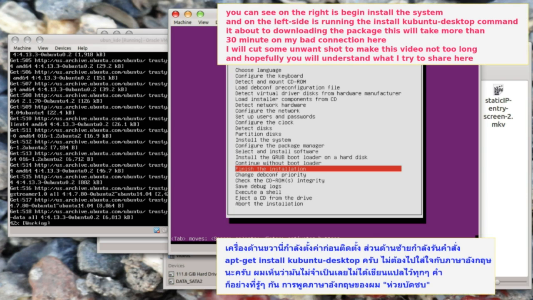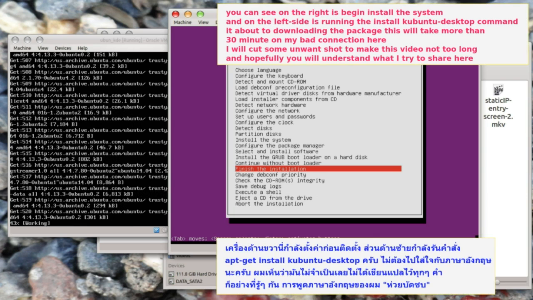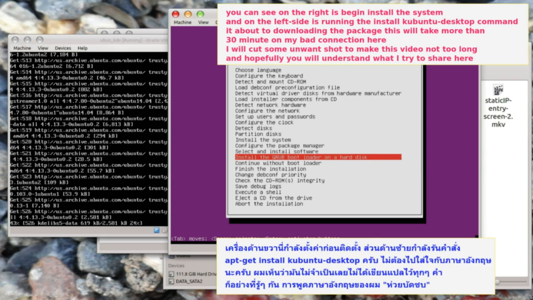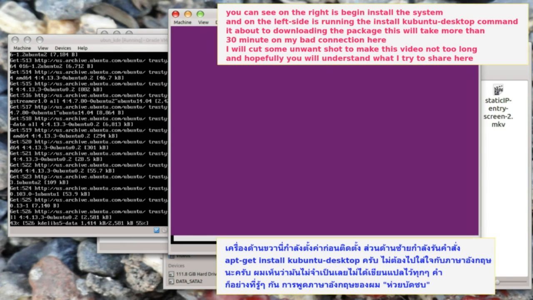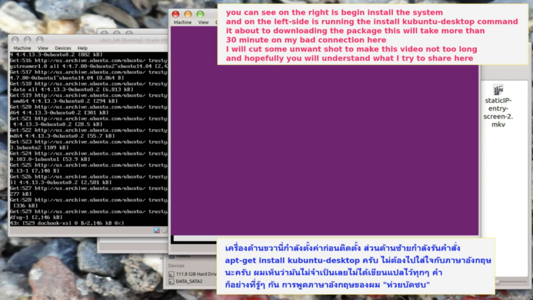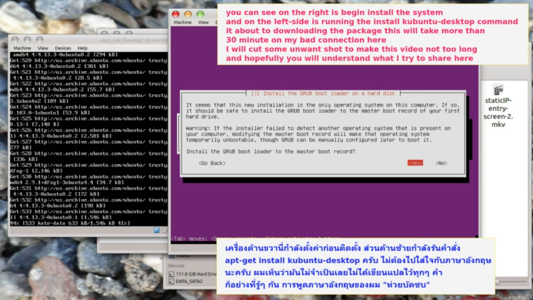You can see on the right is the system beginning to install, and on the left side is running the install Ubuntu desktop command. It's about to download the packages. This will take more than 30 minutes on my bad connection here. I will cut some unwanted parts to make this video not too long,